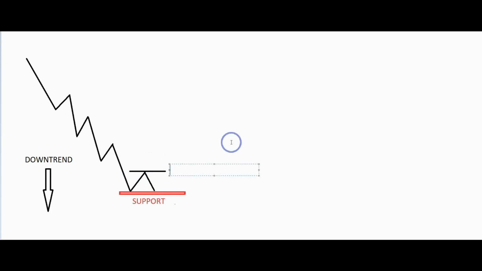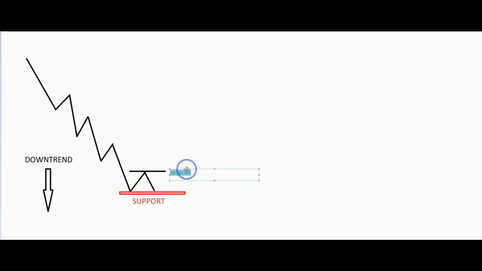In a downtrend, as you can see, when the price reaches a support level, we can witness a decrease in the strength of the trend. The necessary and sufficient condition in this case is the weakening of the trend. When the price reacts to the support level, we wait for the neckline to be broken with strength, meaning a